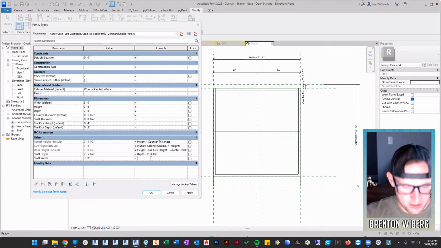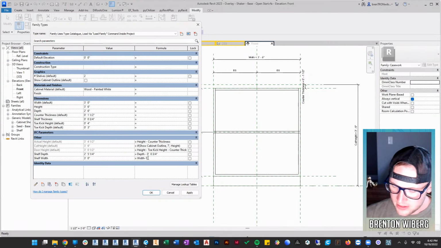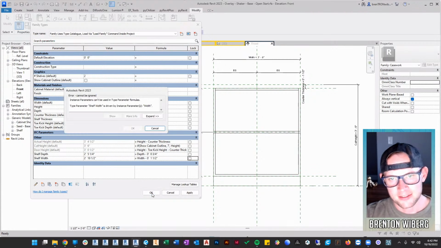So same thing with the width. We'll start with width, and then we're going to subtract. Now the sides of the cabinets are each 3/4 of an inch, so we have to times it by 2. So it's going to be 1.5 inches. And when we click OK,